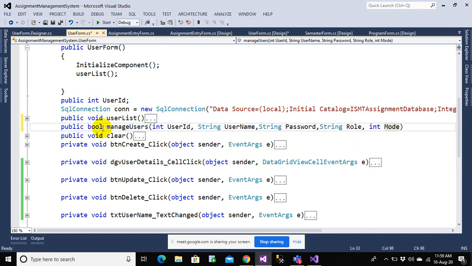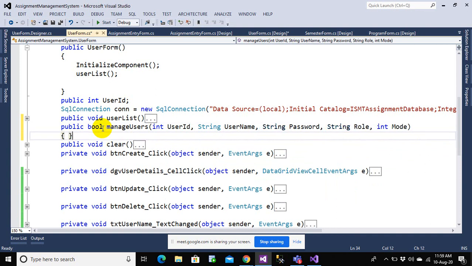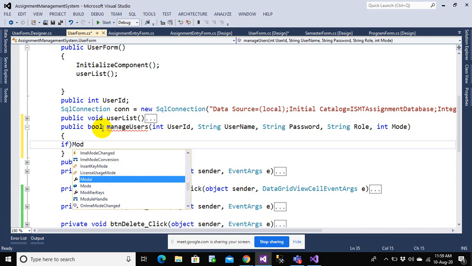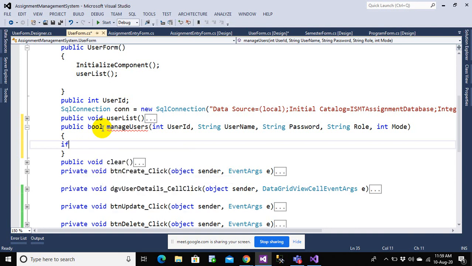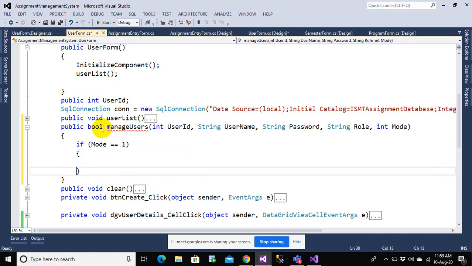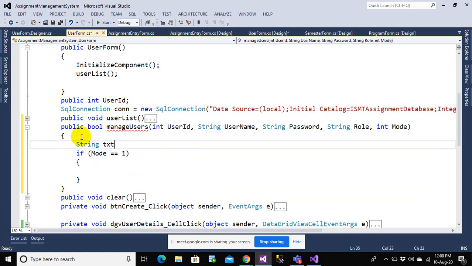This string you must have seen in SQL. In SQL we did this, and here I want to write, if mode equals 1, I want to perform an insert operation. Let me create one SQL variable called txtSQL, which is equal to null for now.